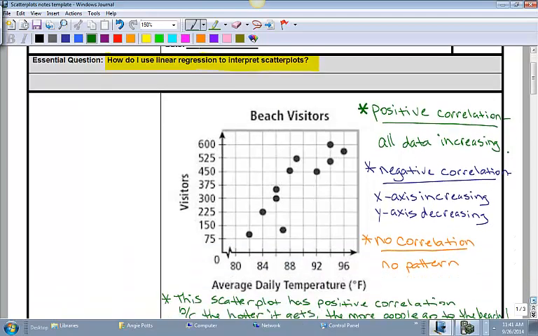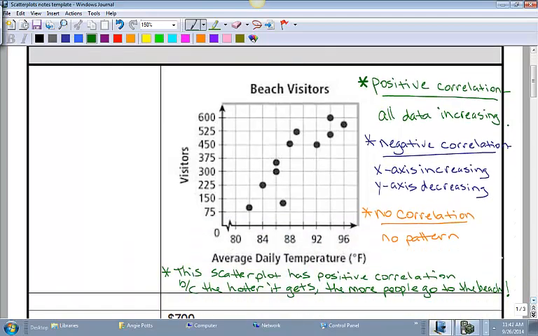All scatterplots have some sort of correlation to them. You'll see over here they could have a positive correlation. That's just when everything is increasing. The x numbers are increasing, the y coordinates are increasing, everything's going up. You might also have a negative correlation. That's when your x coordinates are increasing, but your y's are coming down. So everything is kind of flipped around backwards from